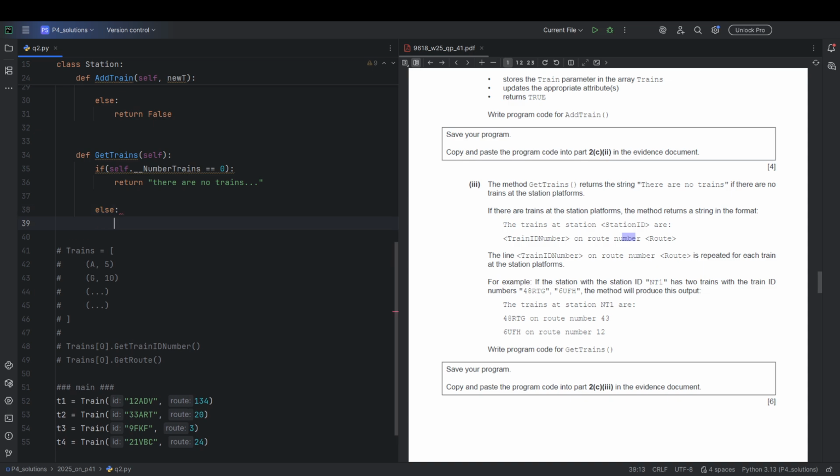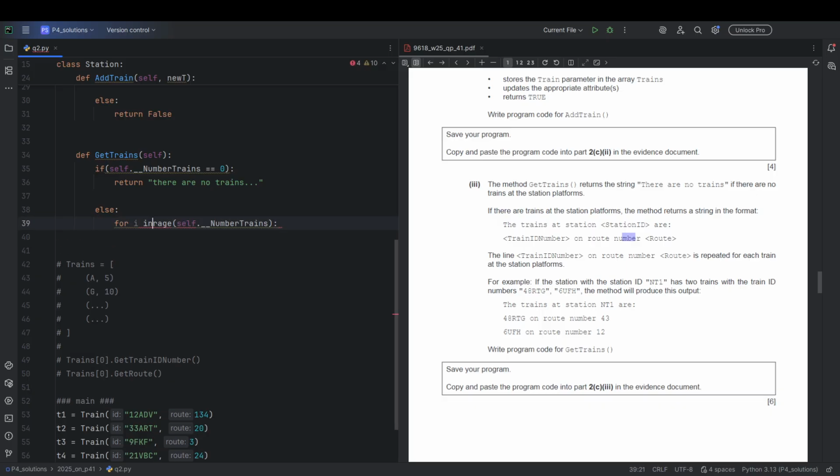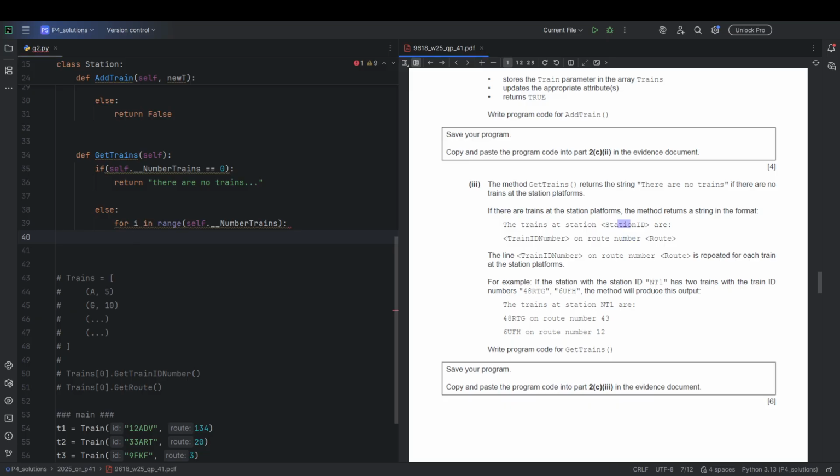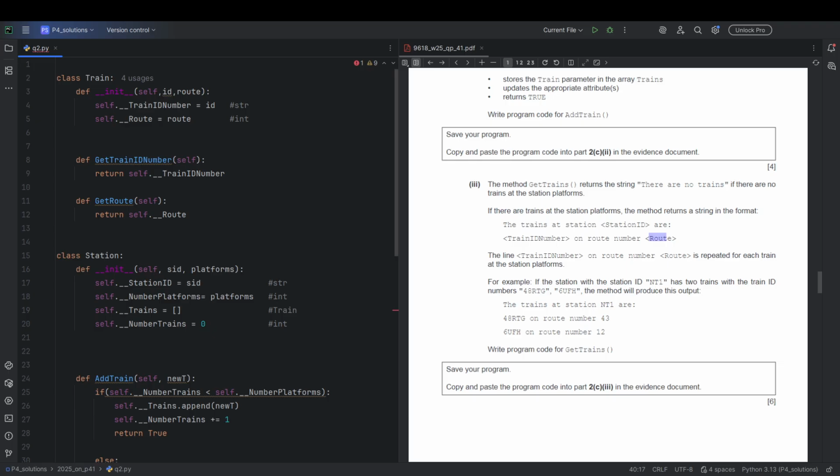Okay, else. So what I'll do is I'll run a loop for i in range self dot __number_of_trains like this. And for this many trains, I need to get their station ID, I need to get their train ID number, and then I need to get their route number. Okay, so station ID is stored in